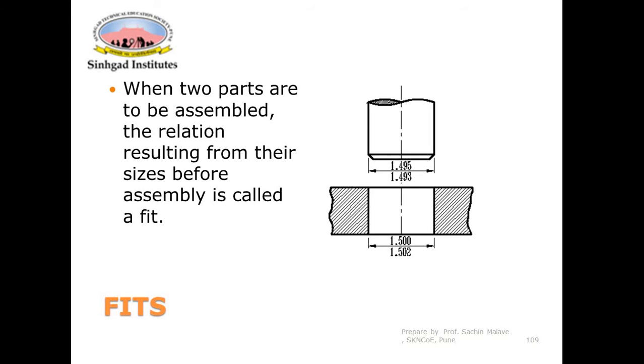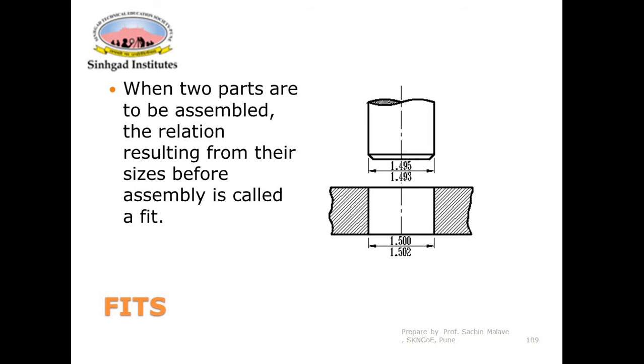Then similarly, this is the hole. The maximum size of the hole is 1.502. The minimum size of the hole is 1.500. These are the two possible extreme sizes of the hole. Therefore, the fit is nothing but the assembly of these two parts, that is, one is the shaft,